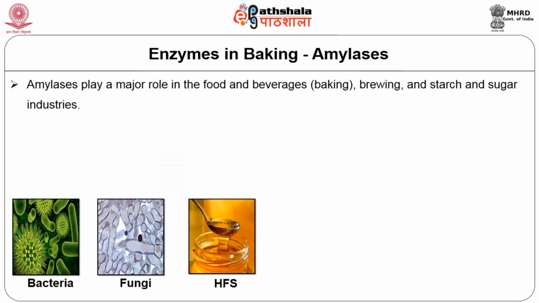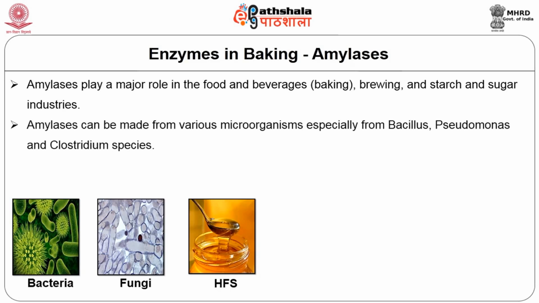Amylases can be derived from bacteria and fungi. They play a major role in the food and beverages, brewing and starch and sugar industries. This enzyme is used extensively in the drink industry, for example, in the production of high fructose corn syrup. Amylases can be made from various microorganisms, especially from Bacillus,